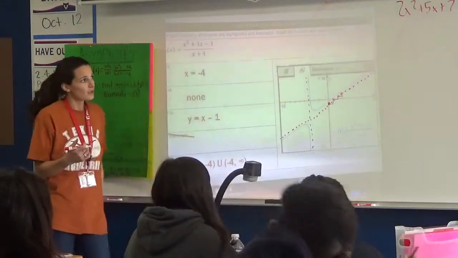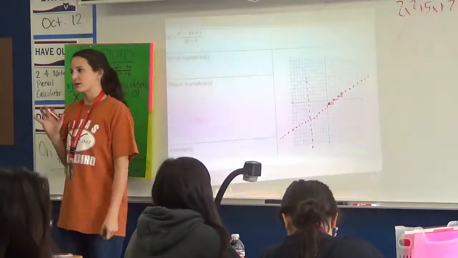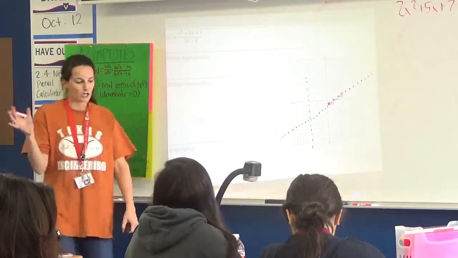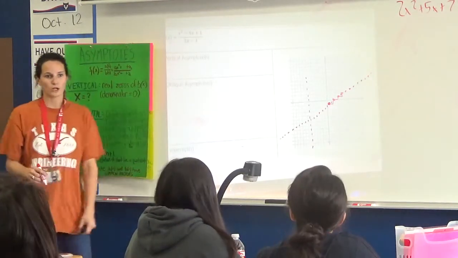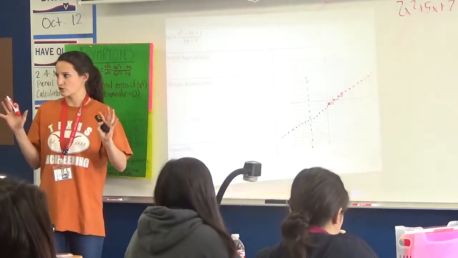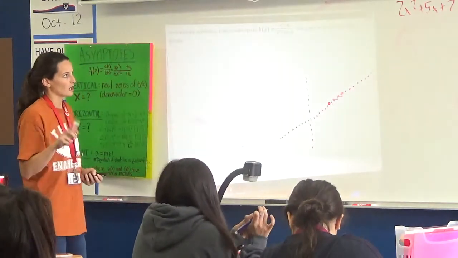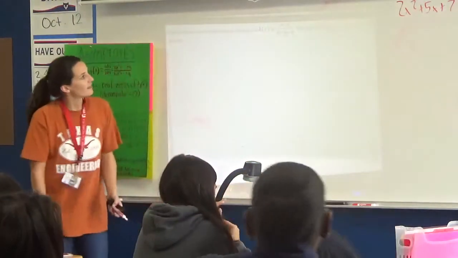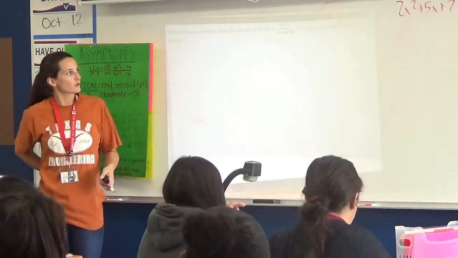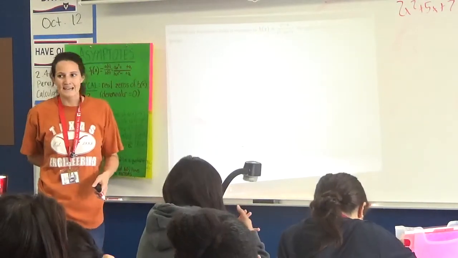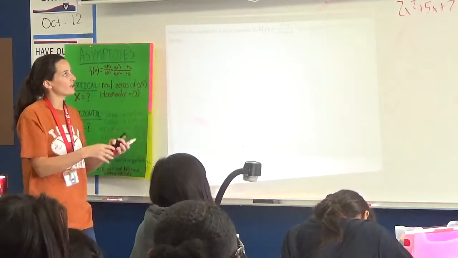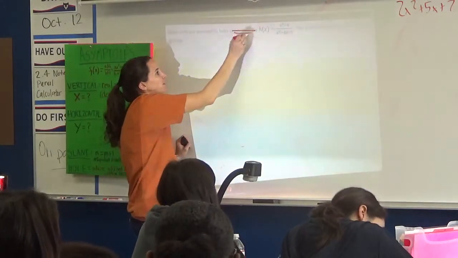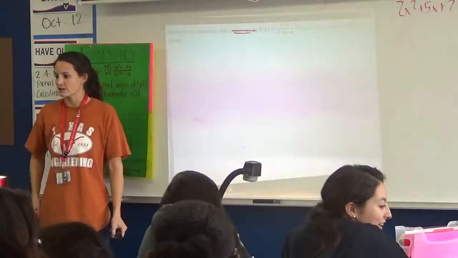Cool? Okay. For now, I'm going to skip this example. We'll come back if we have time, but I want to make sure that in our last bit of class we get on to when we have a hole in our graph. That was slant asymptotes. We should be okay. If not, call me over and we can talk. Okay, let's go on to this example about the function x squared minus 4 over x squared minus 2x minus 8. It asks us for asymptotes, holes, and intercepts, but for the sake of time let's focus on asymptotes and holes, and we're going to cross off our intercepts.